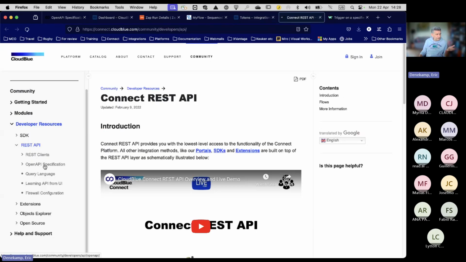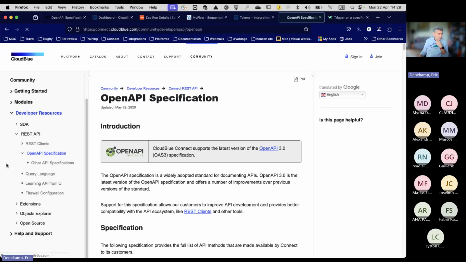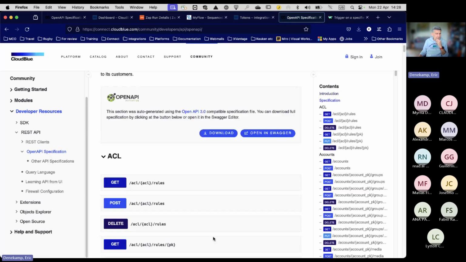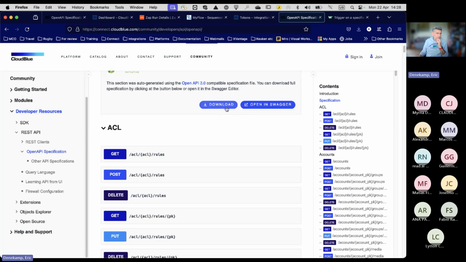In our API reference, as I said before, is the OpenAPI specification, where we can download the YAML file that we can import into either Postman or, in my case, into Insomnia to run those requests against the system. The advantage is each of those APIs and the way they're formatted in that YAML file have an example